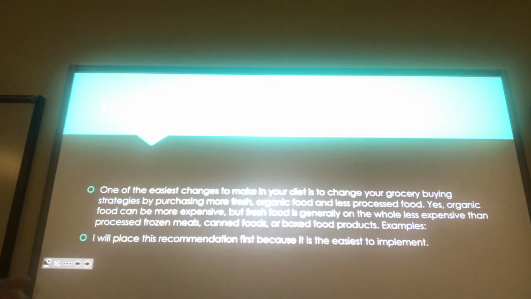First of all, I'm going to say buy organic. When you go to the grocery store, this is an easy change to make. You buy more fresh food and more organic food and less processed food, right? It's healthier, it's got less sodium, it's probably going to have fewer chemicals because it's not processed, right? So one of the easiest changes to make, change your grocery buying strategies by purchasing more fresh and organic food